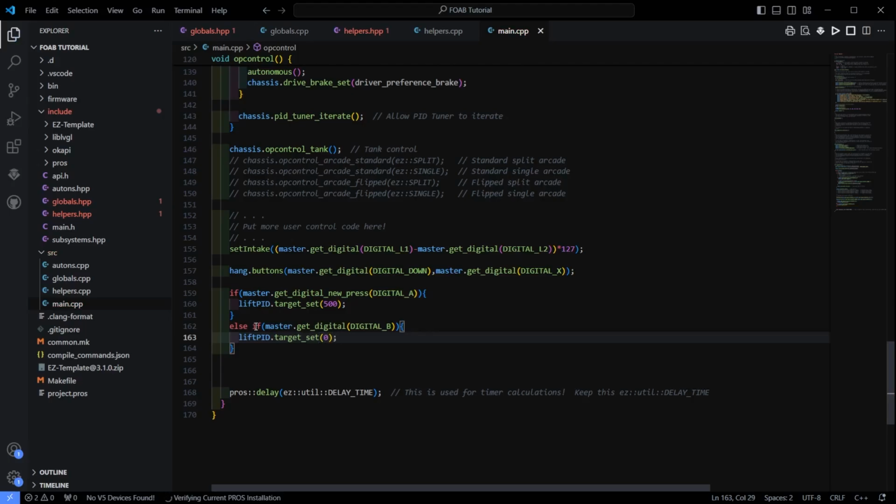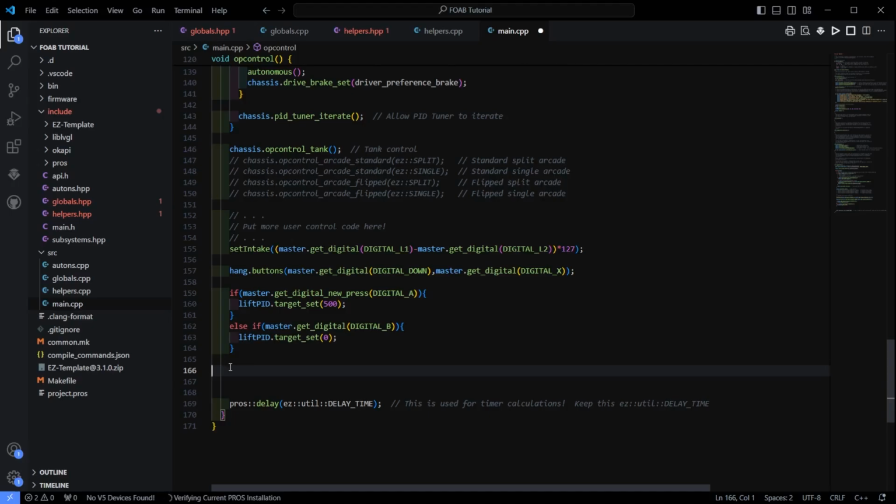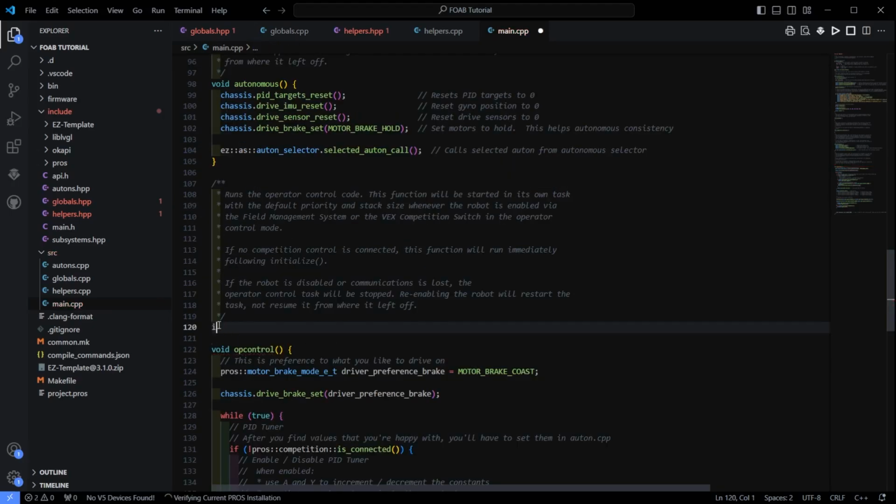Now for the little trick that I use to help find my target values when I'm tuning my robot, along with tuning the PID values, and I need to find the target counts for the motor to hit. What that's going to look like here, I'm going to create a local integer here, count controller. And this, I'm going to print the value of the sensor directly to the controller